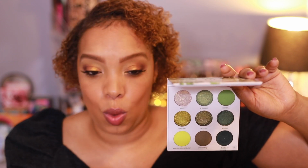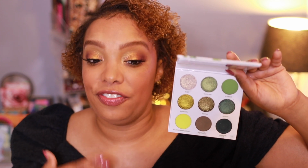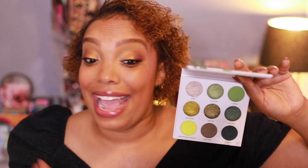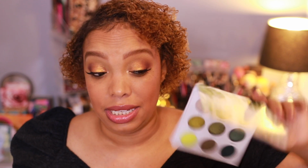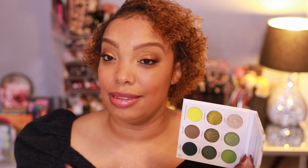I mean, the glow, the shine, the duochrome. You just get it all. This is just perfection in a palette. And the Glam shop is really not that expensive, y'all. I want to say this palette retails for about 16 to 19 euros. So it makes it a little bit more expensive when you think about the exchange rate. They do have an affordable shipping option, which is about 9 euros, but that takes 3 weeks. If you want the more expensive fast shipping, which takes 10 days through UPS, that is about 22,